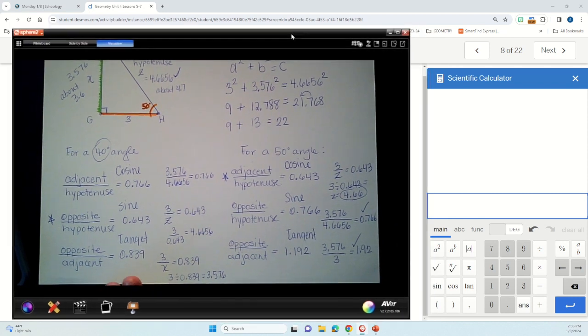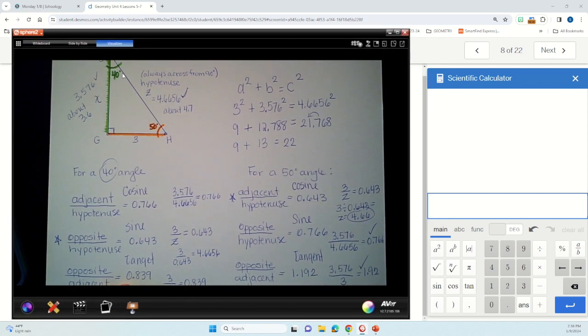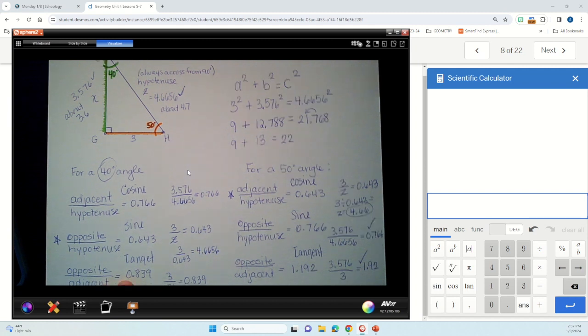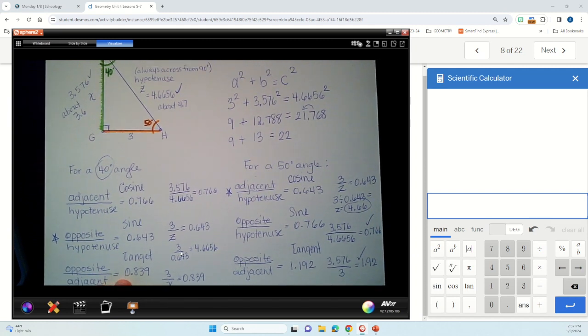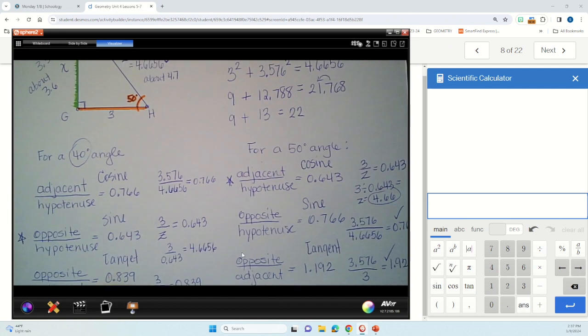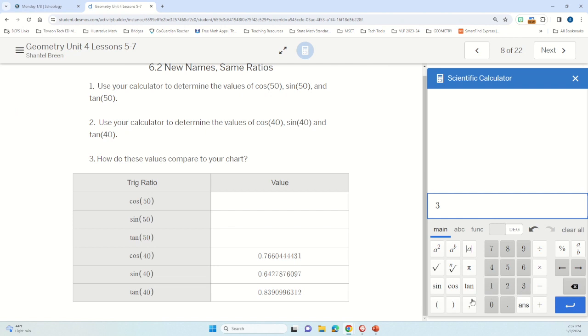And I know that, let's start with the 40-degree angle, right? I have a 40-degree angle, and I know I'm looking for the hypotenuse. So remember when we did this first one, we started with 40, and we used this equation: 3 divided by something equals 0.643. So instead, all we have to do is take 3 and